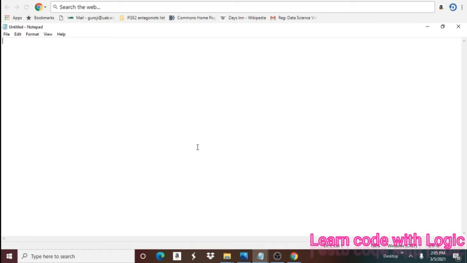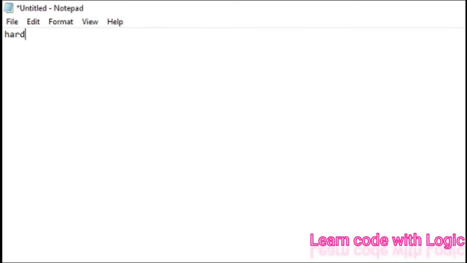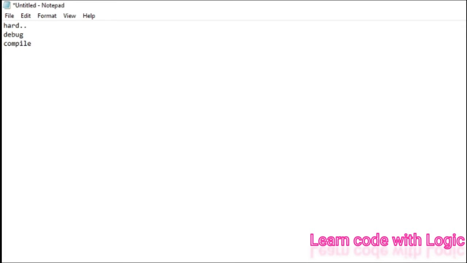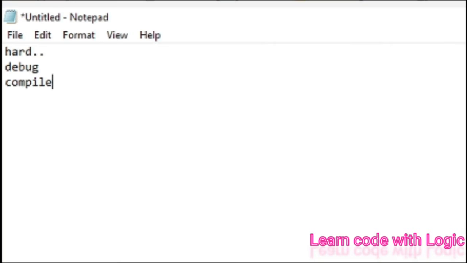In the last program we saw how to write a simple program using Notepad. It's very hard to write a program if you have a very lengthy one, 1,000 lines or more. It's also very difficult to debug the code, and we need to compile the code every time if we run the program using Notepad. But if you use any IDE, you have an incremental compiler that automatically compiles your code whenever changes are made. So you don't need to compile the code.